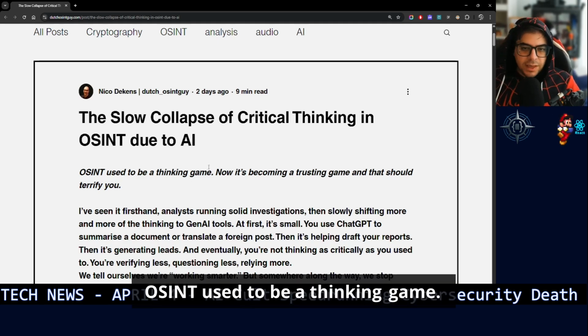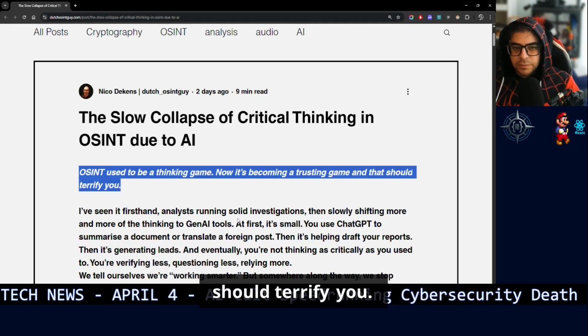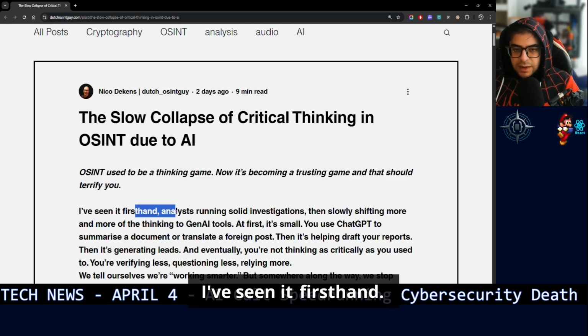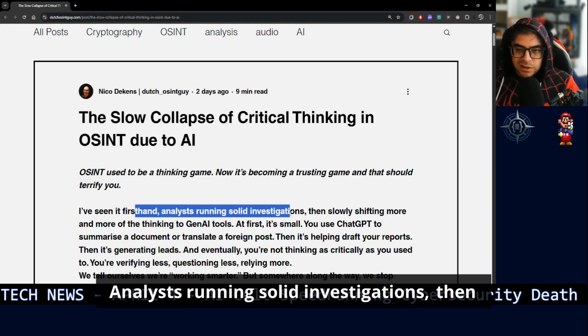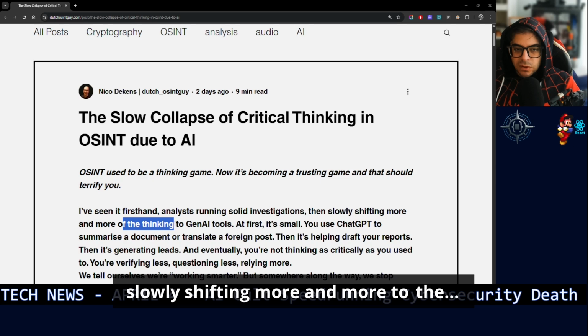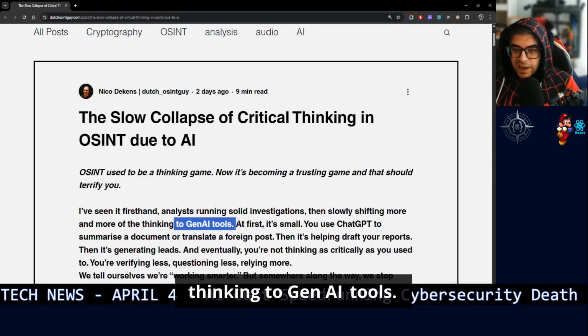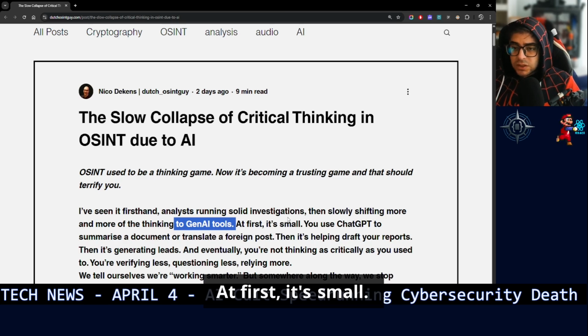OSINT used to be a thinking game. Now it's become a trusting game, and that should terrify you. I've seen it firsthand. Analysts running solid investigations, then slowly shifting more and more of the thinking to Gen AI tools. At first, it's small.